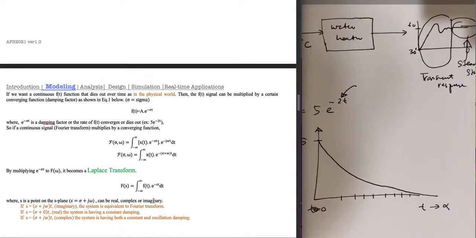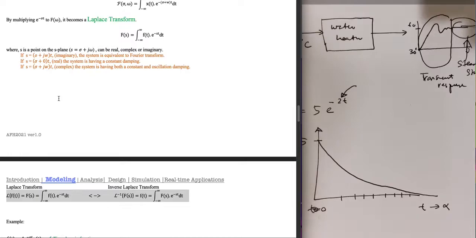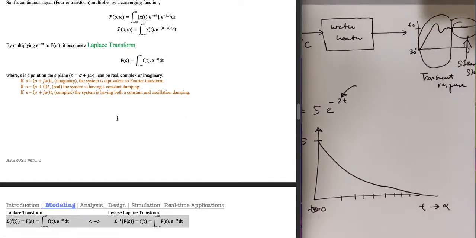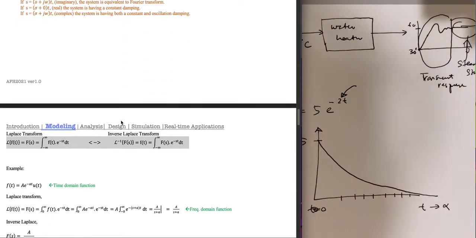S can be real, complex, or imaginary. In this case, S can be 0 plus j omega, which is the imaginary part, which in fact belongs to the Fourier transform. The system is equivalent to the Fourier transform here. If S has only a real component, then the system has a constant damping like this. If S equals sigma plus j omega, which is complex, the system has both constant and oscillation damping, right? So S can be one of these three, and then we need to see how we transform that. So this is just the Laplace transform. Wherever we have a time domain function, we just use this transform, put this function into f(t), and then we need to find the Laplace transform. Okay,